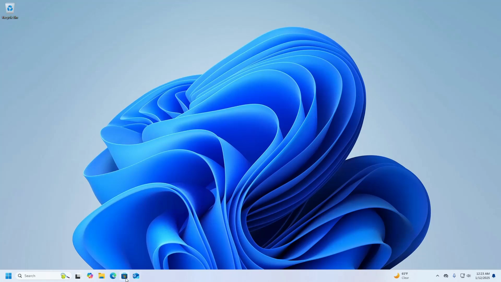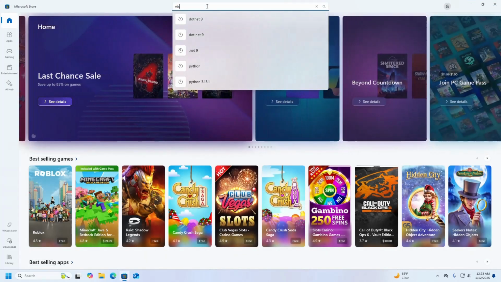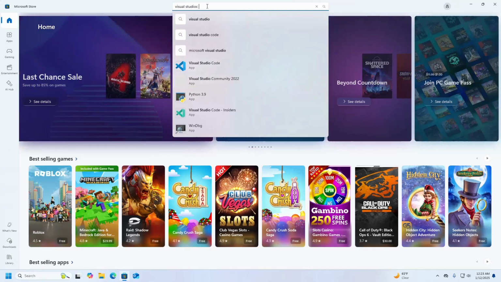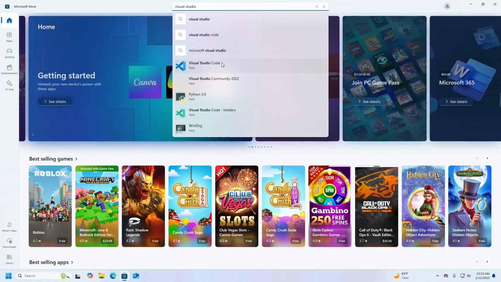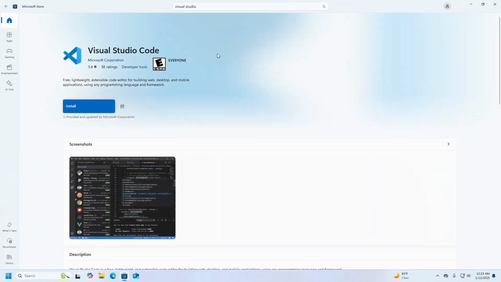At first, open Microsoft Store and then search here Visual Studio Code. Select Visual Studio Code and then click on the install button. It may take a while for installing Visual Studio Code. After Visual Studio Code is successfully installed on your system,